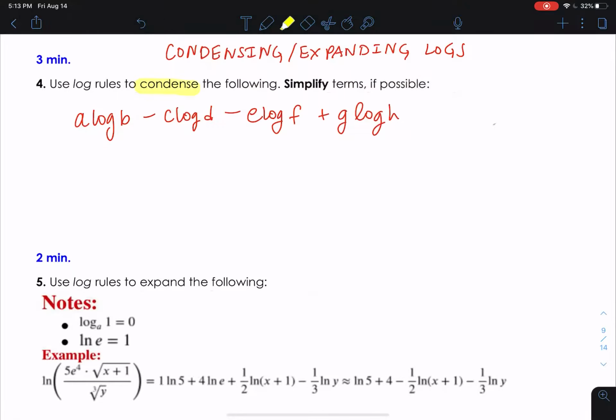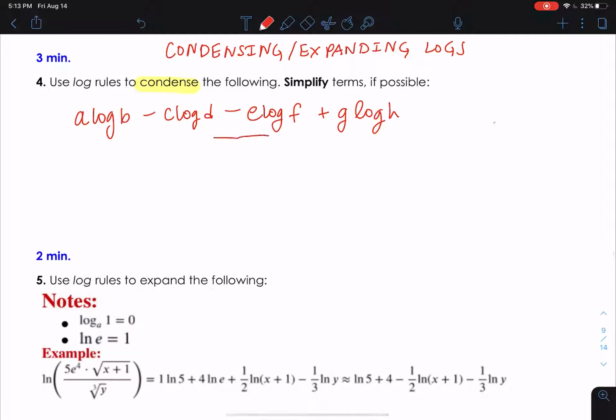So logs have this really cool property where we can take a whole string of logarithms. In this case, you can see I have 4 log terms, and we can condense them using a really simple pattern. I think that you can actually figure it out just by watching me do it. So see if you can figure out what this pattern is. I can condense all 4 logs into a single log expression like this. So putting them all into one big mama log, I get